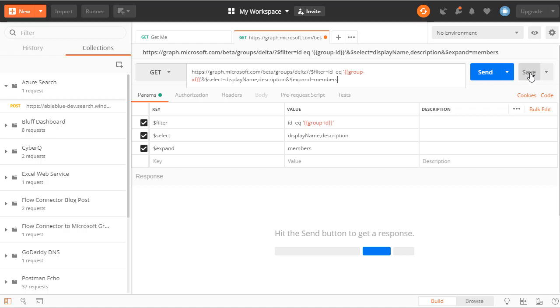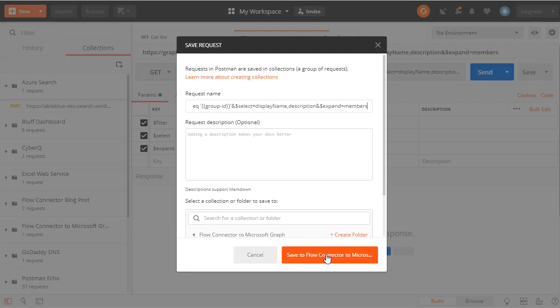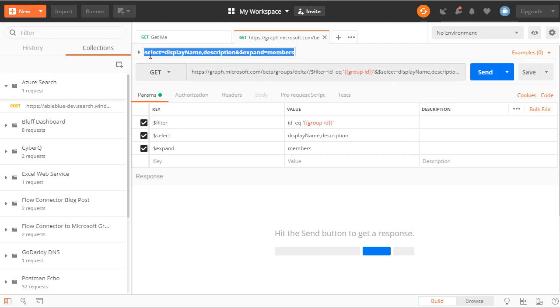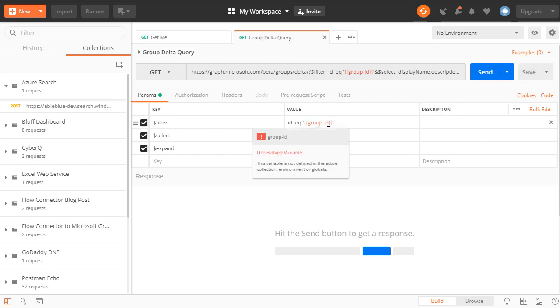let me save this, and it's going to offer to save it to the active collection. And I'm going to rename it because I don't like that. We'll rename it Group Delta Query. So I need to resolve this variable in Postman. So let's do that. I'm going to go down to my